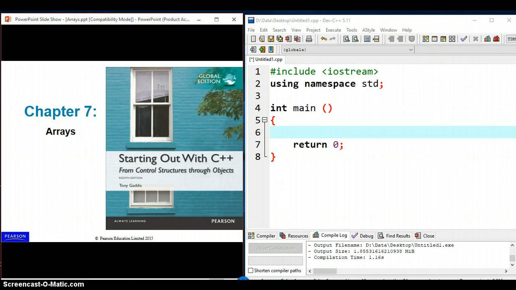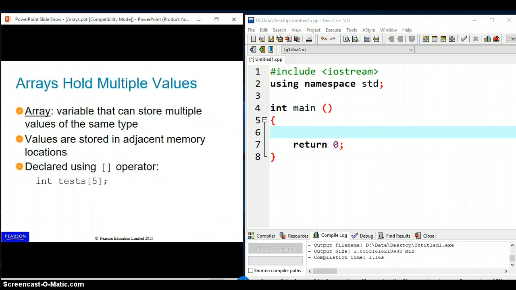Okay, for example, if you have a few test scores to be stored, maybe you have three tests. So you have test 1, test 2, and test 3. Usually you will use one variable for each test score. So you will declare something like int test1, int test2, int test3. Okay, you usually declare like this. These are all single variables. But with an array,